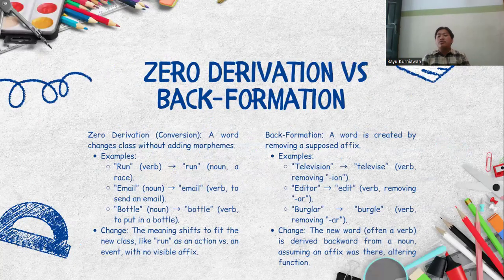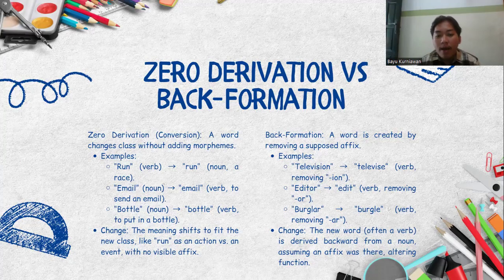Zero derivation versus back formation. Zero derivation, or conversion: a word changes class without adding morphemes. For example, run is a verb, or run is a noun, like a race. Email is a noun, and email is a verb, to send an email. Butter is a noun, and butter is a verb, to put butter on. The meaning shifts to fit the new class, like run as an action versus an event, with no visible